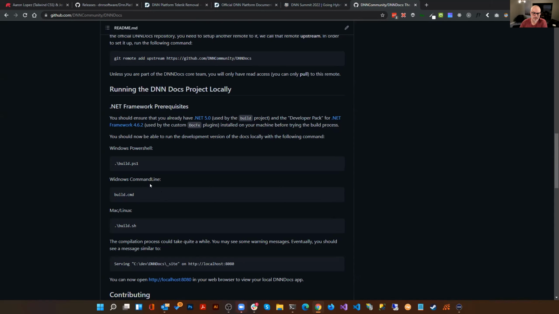Yeah, actually build.cmd works on both Mac OS and Windows. I've already tested that there. I have not tested it on Ubuntu, but if somebody runs that, feel free to do that and report back, because I think we can get rid of these. Even though these are there, it's all kicked off by the build.cmd now.